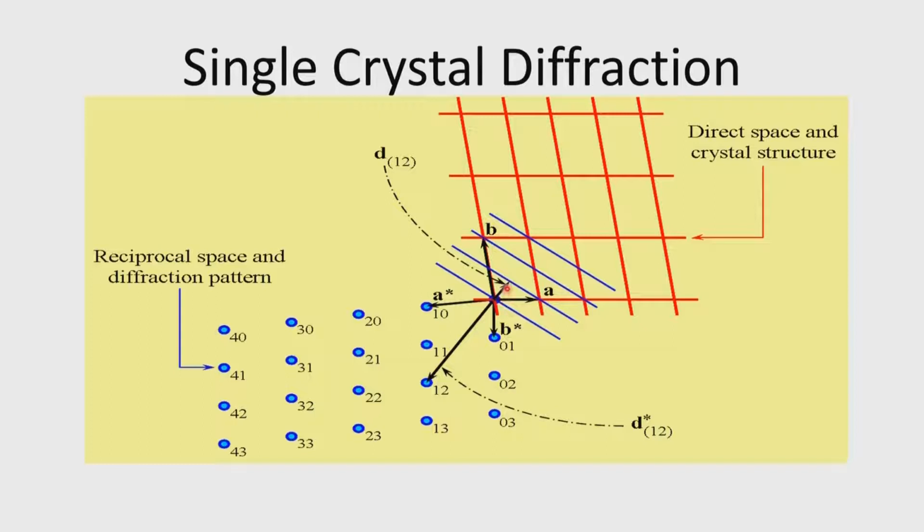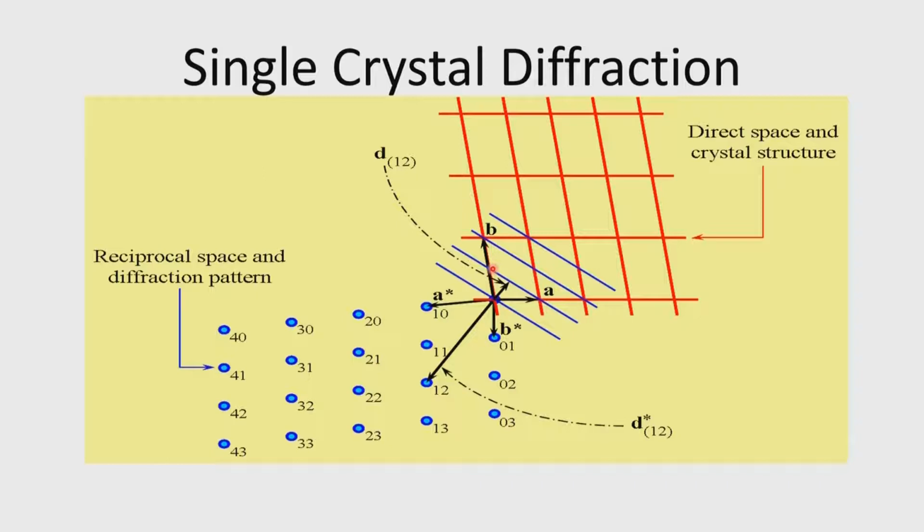The plane which is coming out from here, we can consider several planes which come out from here, but what we have done is a set of parallel planes. So, we have drawn here the plane which is now represented by a line, because we have shown it in 2 dimensions, the plane is perpendicular to us. So, if we now consider this particular plane in 2 dimensions, it can be represented as 1, 2. Now, why 1, 2? Because we see that this blue line intersects this red unit cell at 1 unit along A and half unit along B.